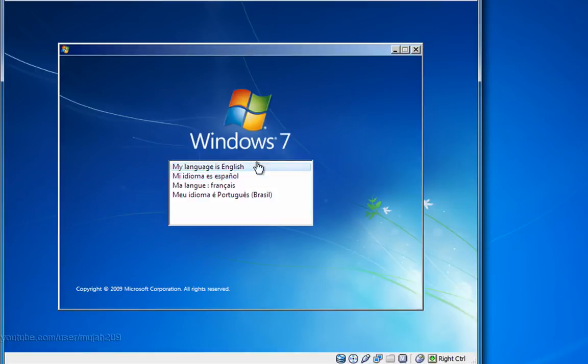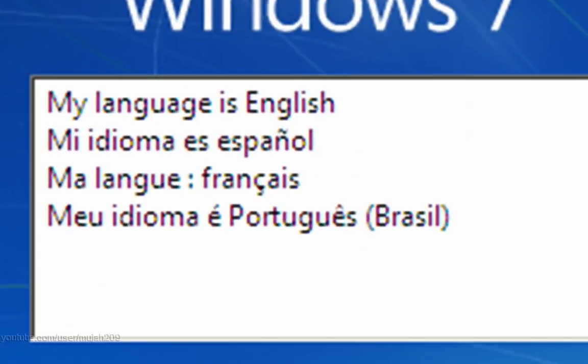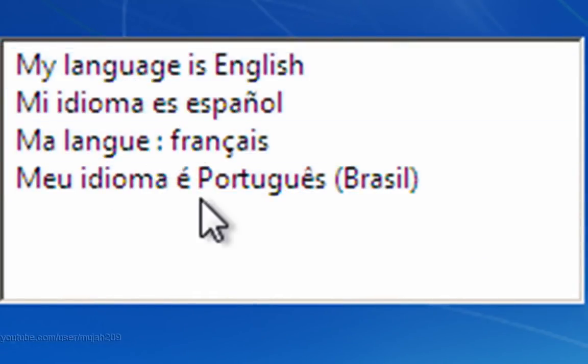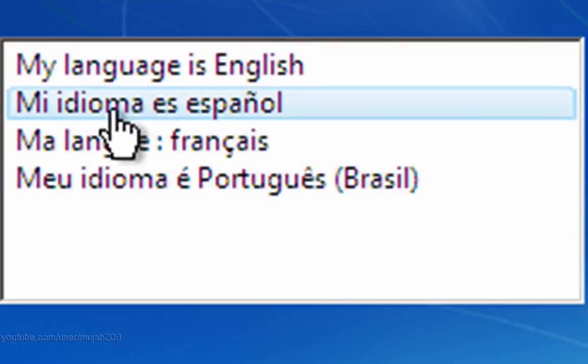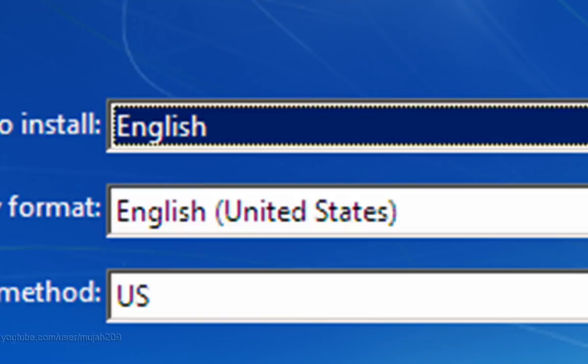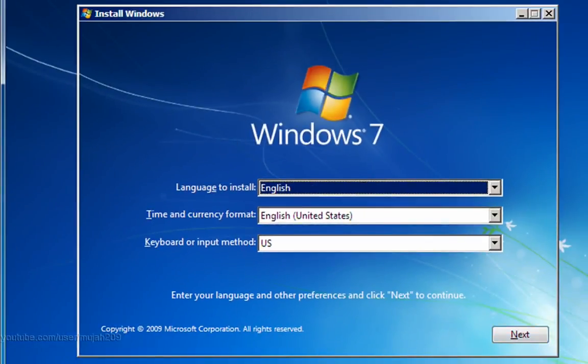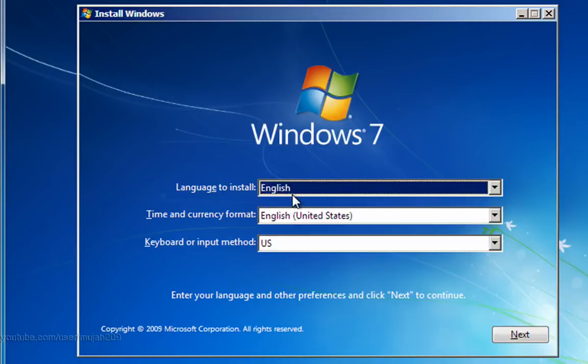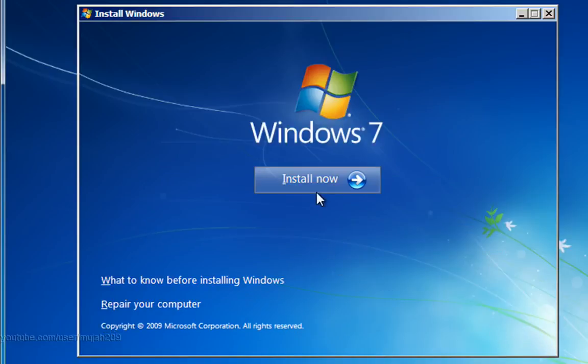Alright, if you come to a page like this, you don't get this usually, but if you do, just select your language. I'll go with English for this installation. When you come to this page, make sure you have your language to make Windows work with. You have a lot of options usually, but here I only have 4. So I'll go with English and everything English. Right, click next, click install now,